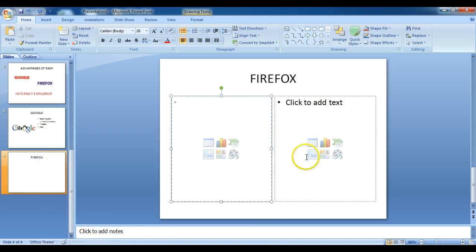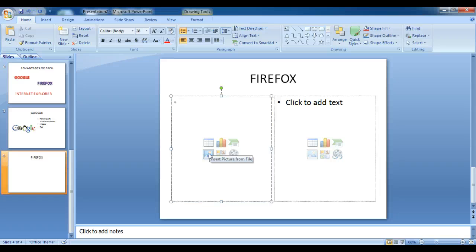I'm going to go back to my PowerPoint. I am not going to right click. I'm not going to do that. And the reason why is because in this text box here, it gives me some options. It gives me an option of inserting a table, which we'll do later, inserting a chart, which we'll do later, inserting smart art, we'll do that later. Also, it lets me insert a picture from file, which we did,